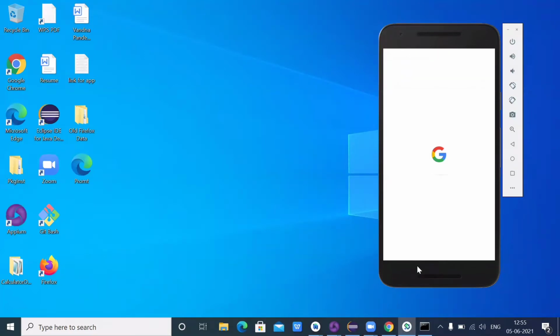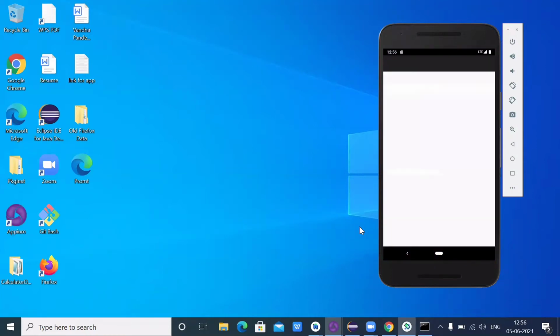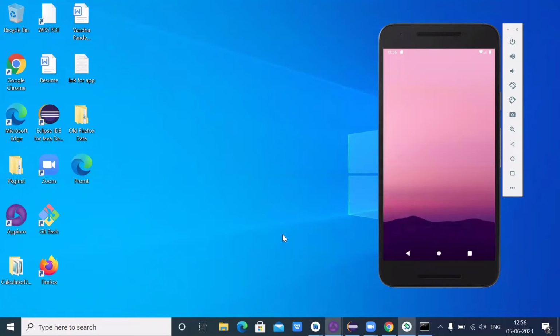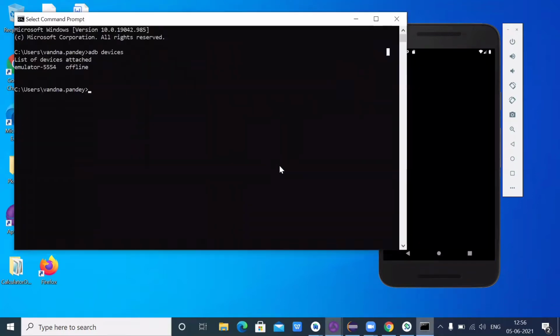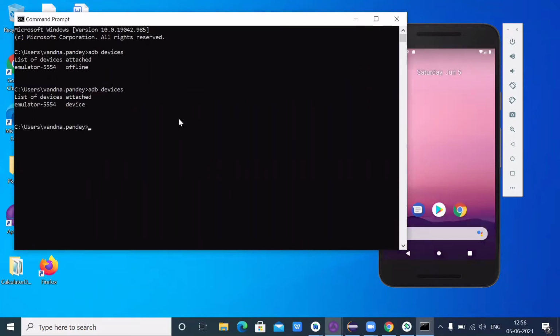Let me load first. It needs to load. Now it is showing phone is starting. Let me check whether it is showing all the devices or not. Again, now it is showing emulator 5554 device is running.